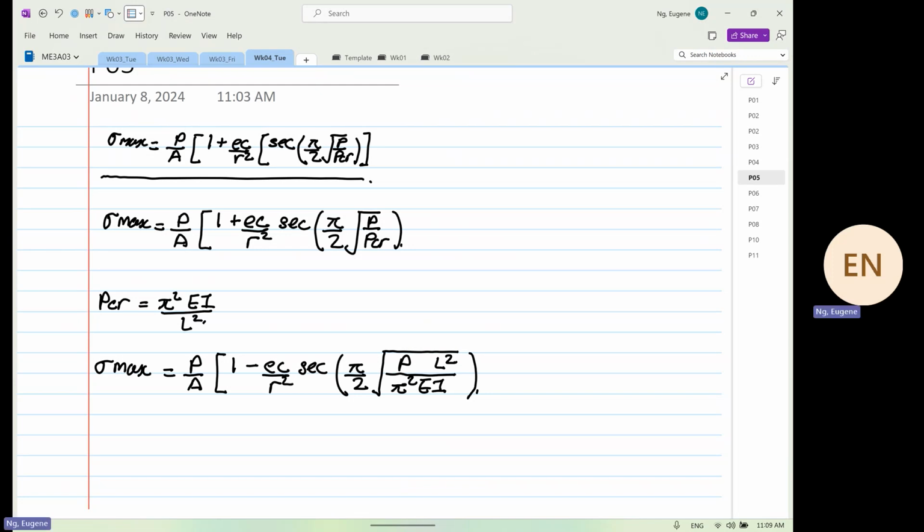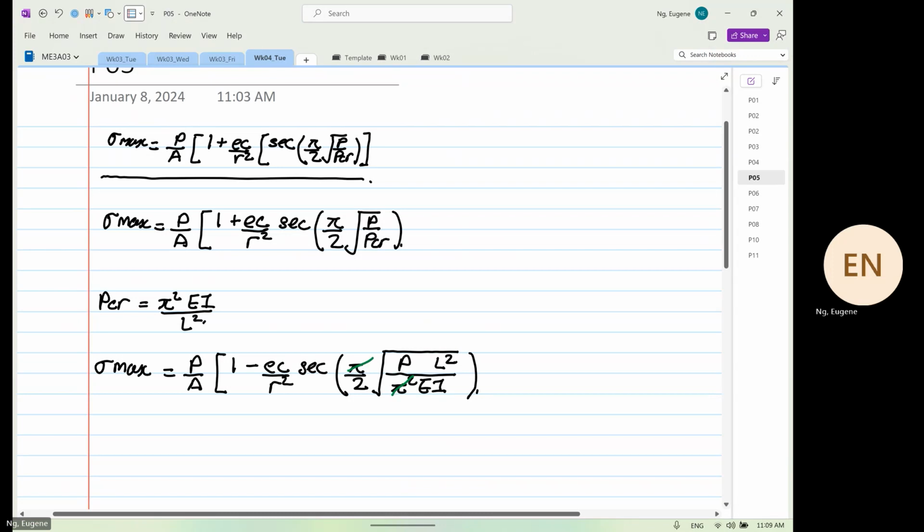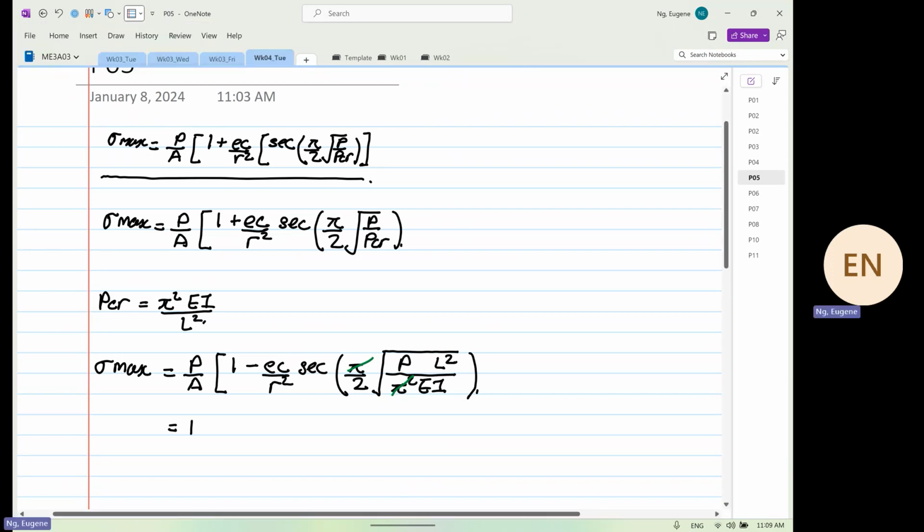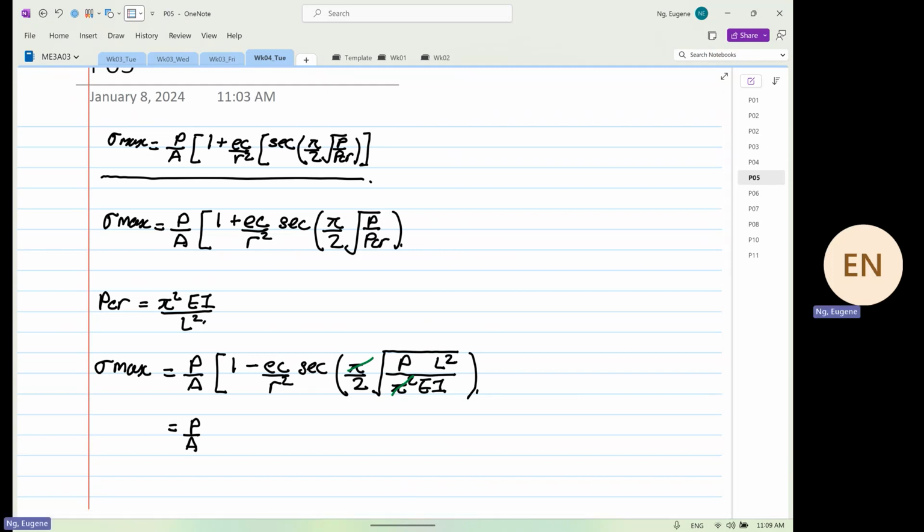So now we can get rid of our pi. Okay. So now we can put in our P over A. I think I might be